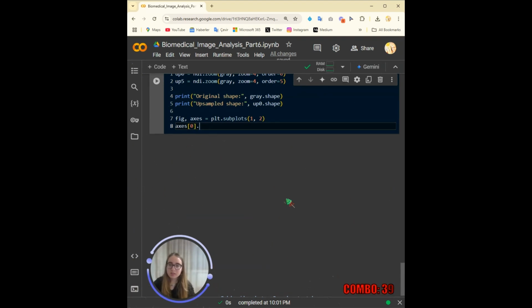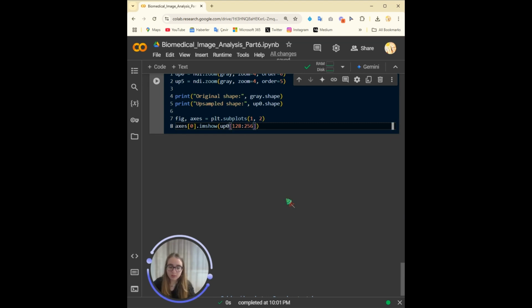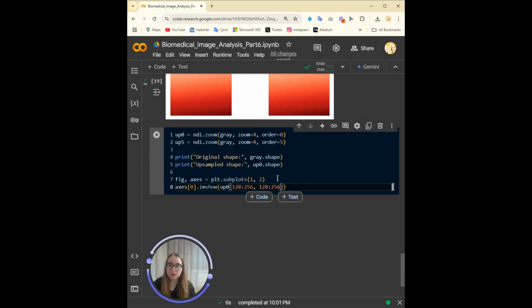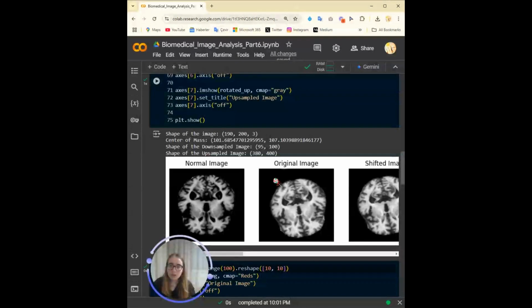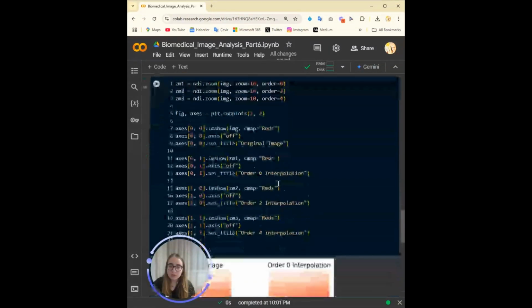So let's take a specific part of the image and show that so that we can really see the difference. We have, let's see, 90 to 200.